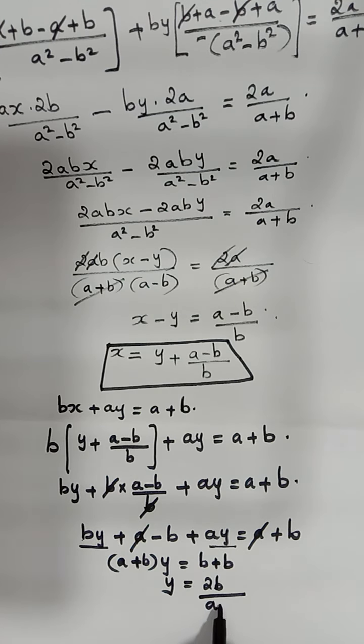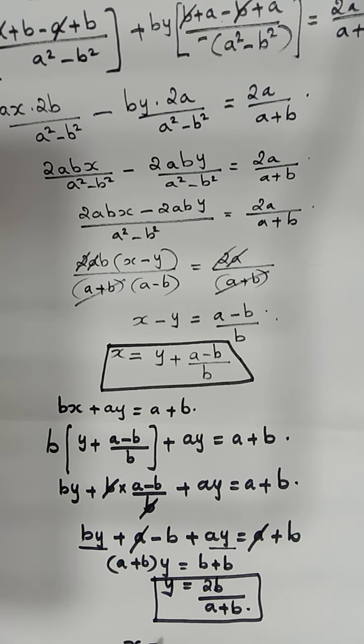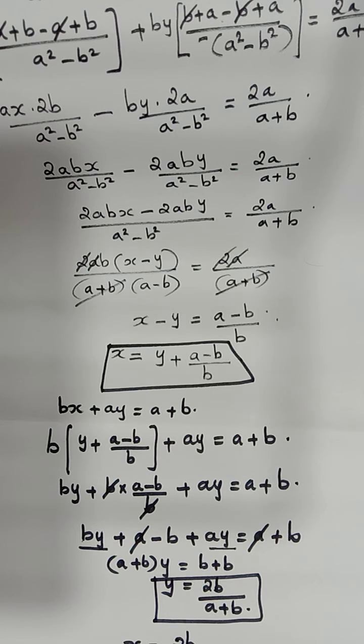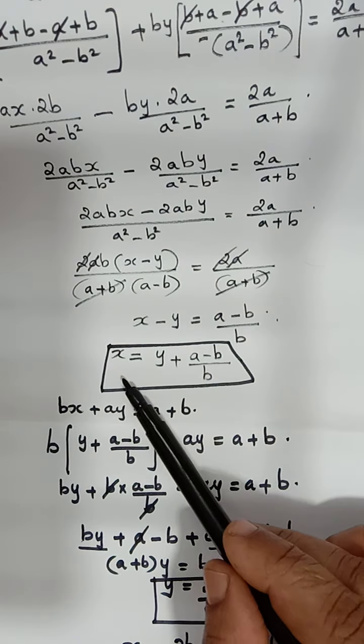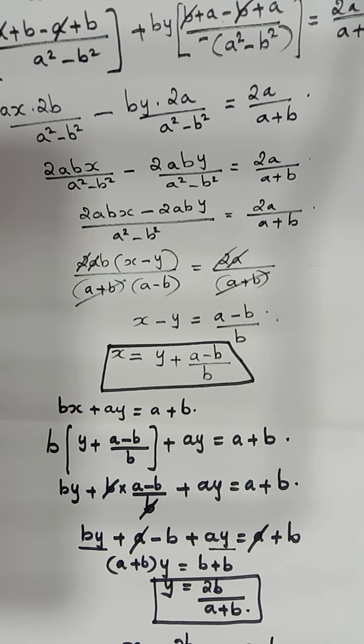x we know, y is added with the a minus b by b. y we found out, we have to substitute. So x is equal to y plus a minus b by b, means instead of y it is 2b by a plus b, plus a minus b by b. This is a minus b by b. This is our y. So if you simplify,